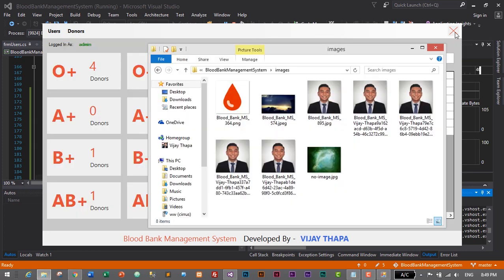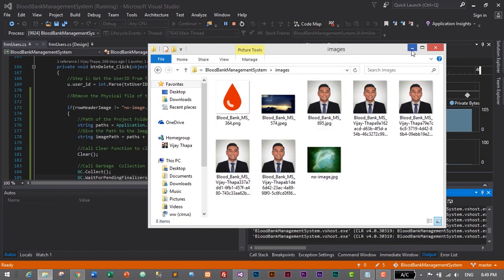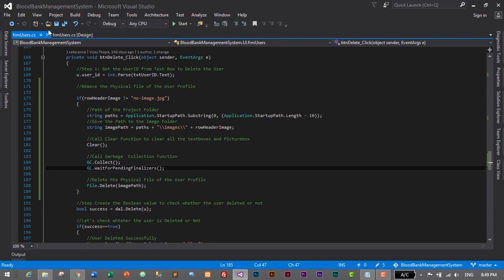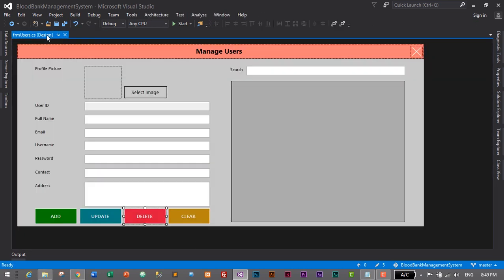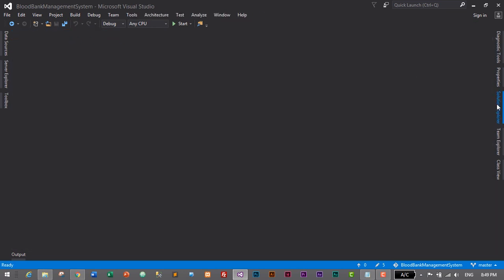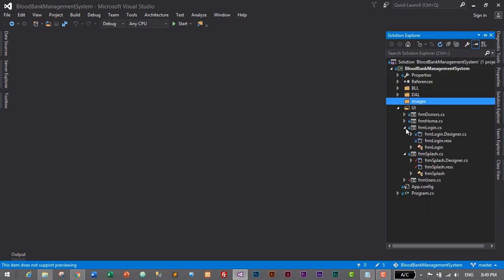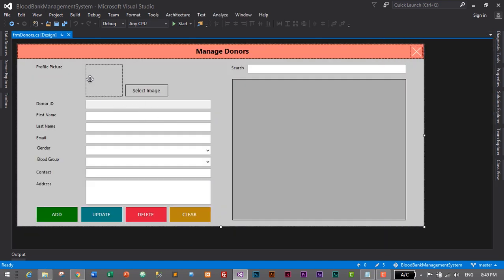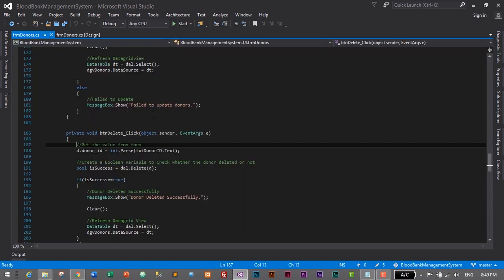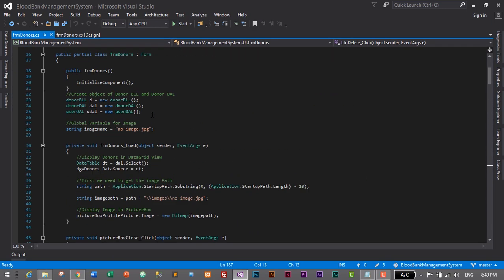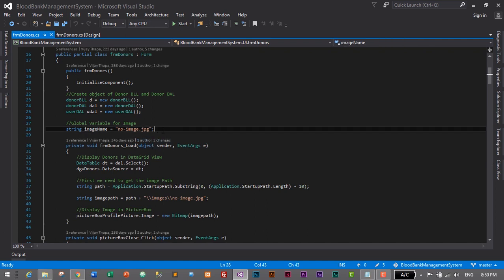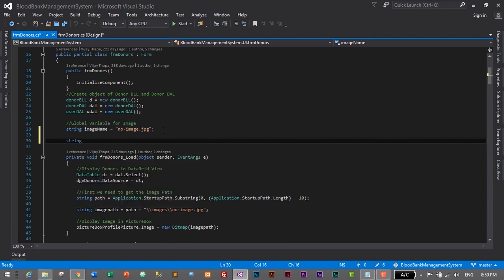So I'll just close this icon, and close this and minimize this. Let's stop the project, and then let's close this and close this, and let's open the form for our donors. Go to Solution Explorer, we can hide this and go to form donors, and here, same as before, first of all we need to create a global variable. So here let's create the global variables. We have the global variable image name. Here create another one, string row header image,